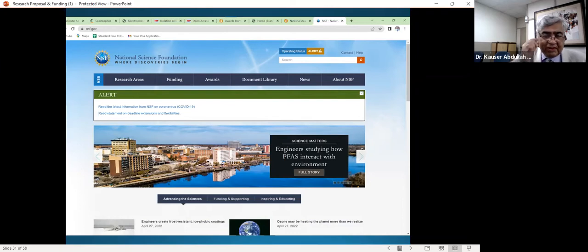But you have to go to the website and look for different areas, different programs. I was a recipient of an NSF grant a couple of years back, and this was because it was in collaboration with an American scientist, and that American scientist can visit you and spend some time, and that interaction is normally very useful. Now the times have changed. Now nobody would like to come to Pakistan so easily. Anyway, let's hope for a better situation.